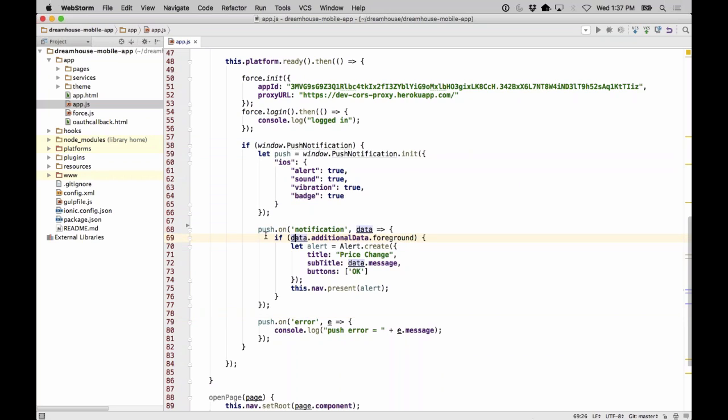And if your application is in the foreground, as you can see here, in other words, if you are using it, then we display a custom message, because in that case, we are in charge of handling the message. Remember that your application doesn't even have to be running for you to get the message, but if your application is not running, the message is really taken care of by the operating system, by the mobile OS. All right,